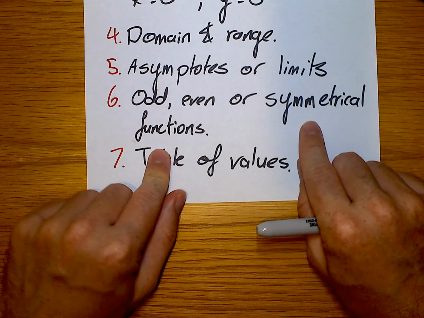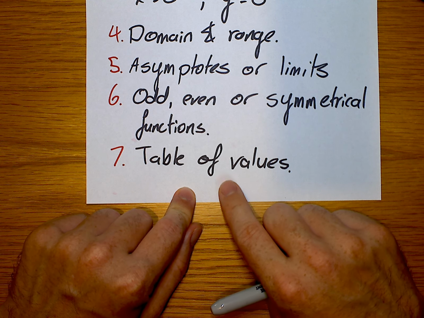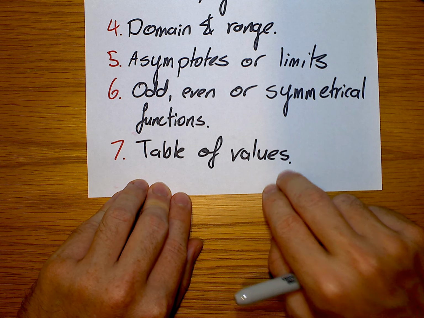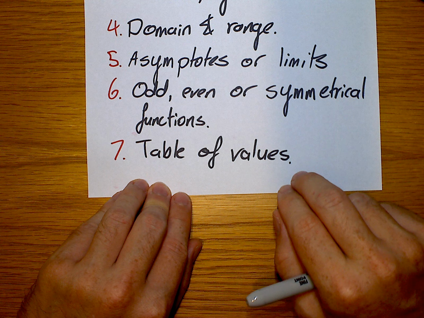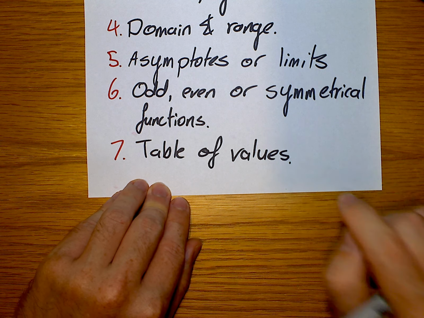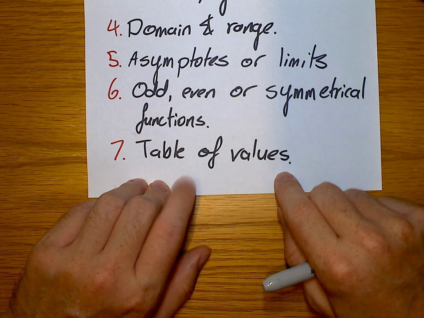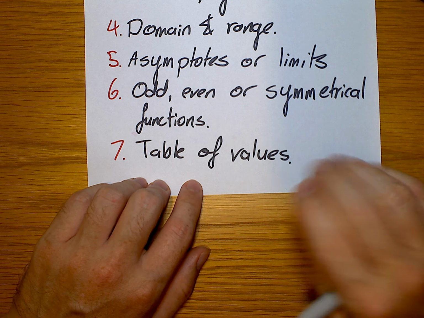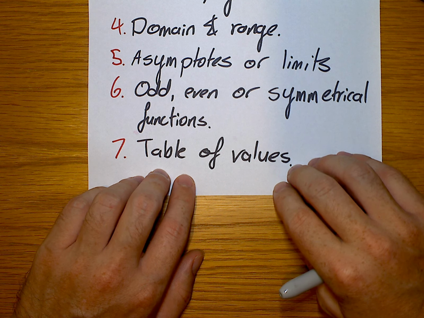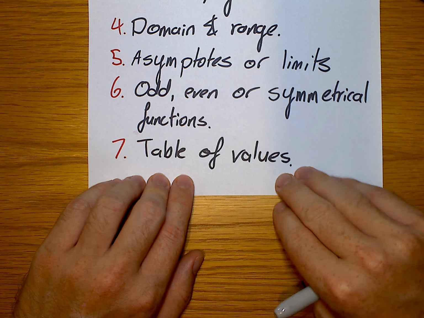Odd and even and symmetrical functions, we've got to do those tests. And last thing, I think this is probably one of the most helpful ways of just thinking about functions, because doing a table of values sets out what the x and y values are. The problem is when you get to really big functions, this kind of limits itself, and it's only so useful. But I still think these are kind of like training wheels to help you getting started to graphing functions,